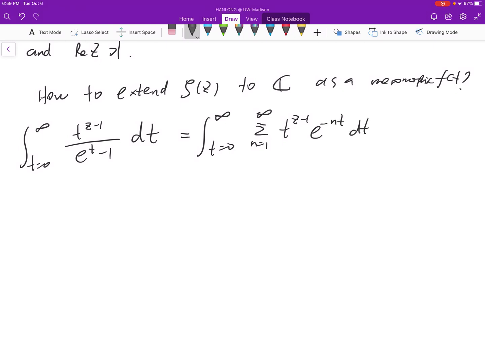And then if you change variables, you will find this is a summation from n equals 1 to infinity of 1 over n to the z power, times the integral from t equals 0 to infinity of t^(z-1) exponential negative t dt. So this is gamma z